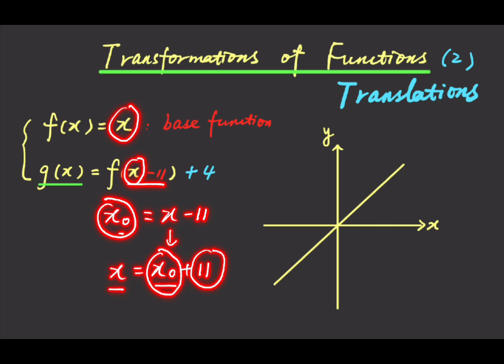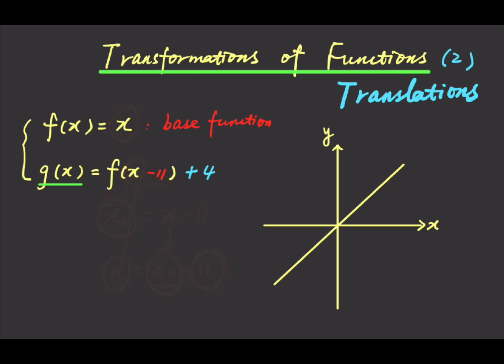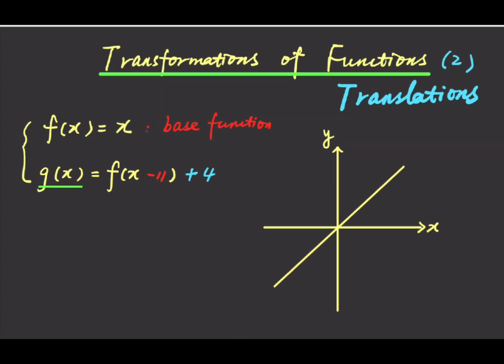So, on the basis of x0, you need to add 11 to get this x. Okay, after this analysis, we need to move the function to the right side,